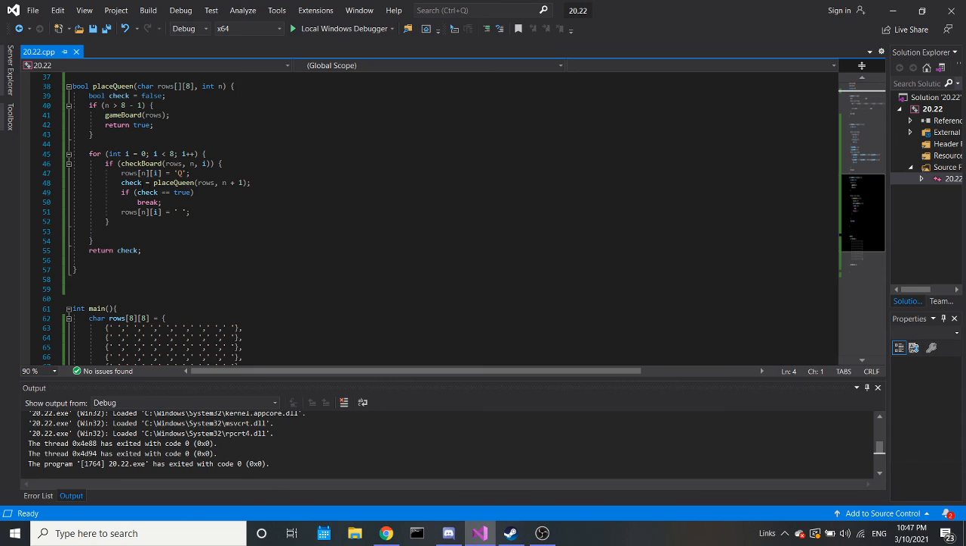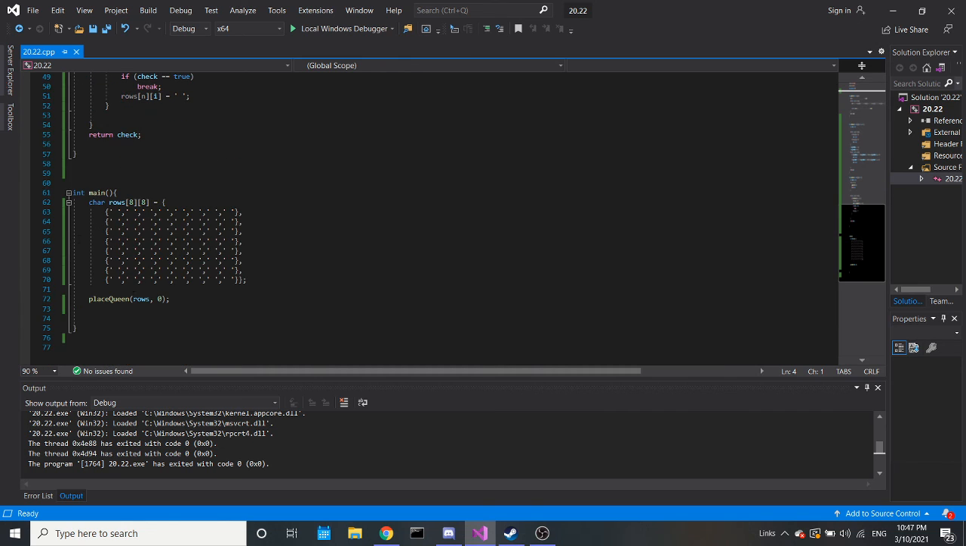And then if check is equal to true, then we break, because it's going to go up here, and check it. If it's greater than 8, boom, it's going to return true. Therefore, check is true. It breaks, and then the overflow is set to just an empty space, and then we return the check. Boom. So then we go down to main, we have our cute little board here, and then we have our place queens, and then if we run it,